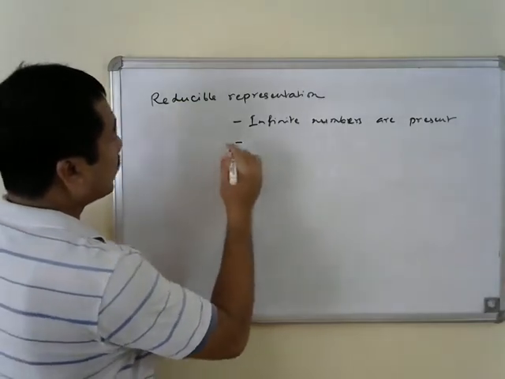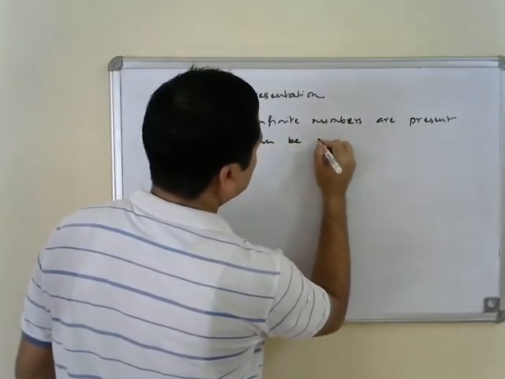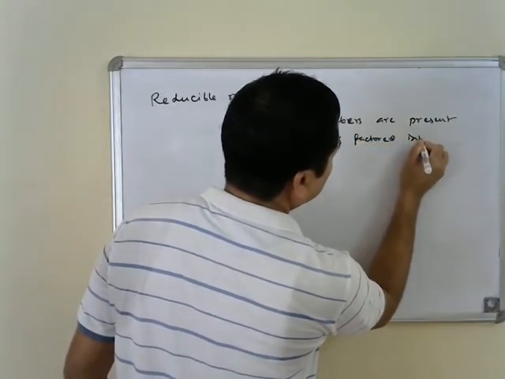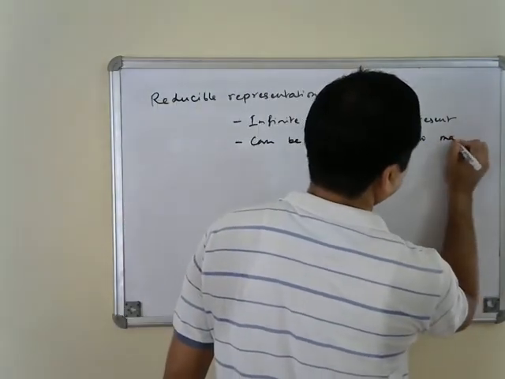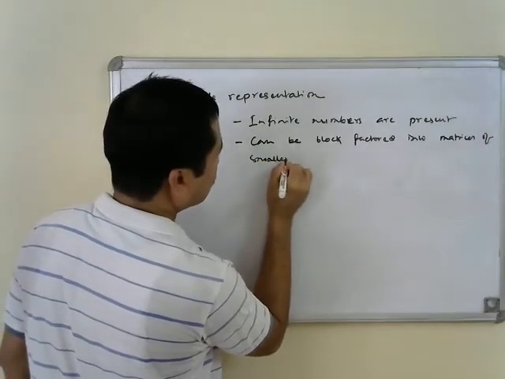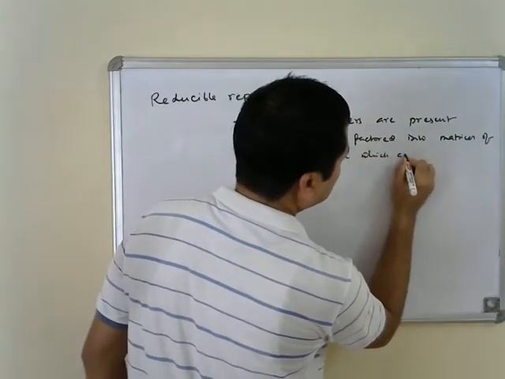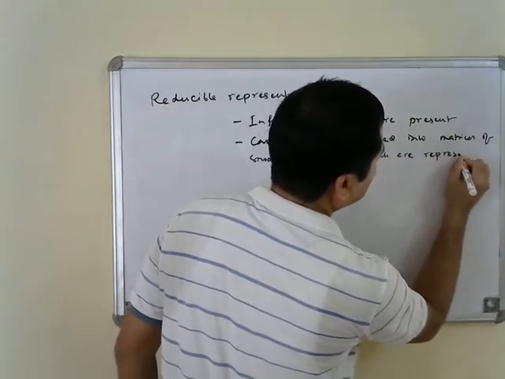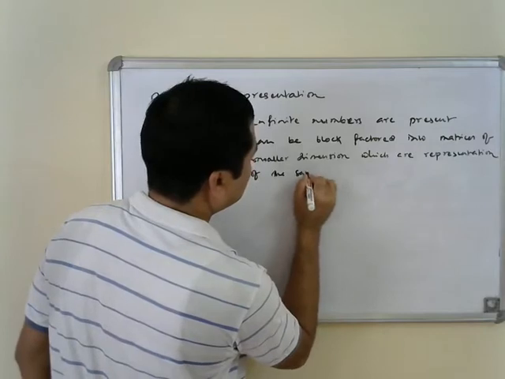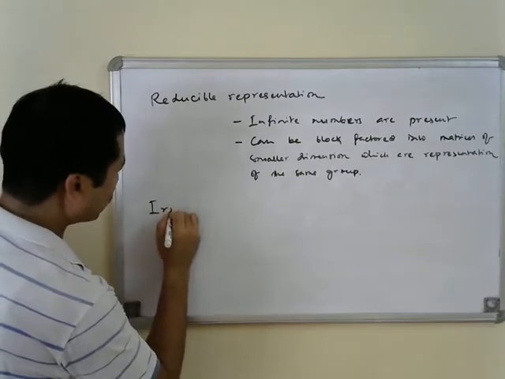And then what we also have is that they can be block factored into matrices which are representation of the same group essentially. But irreducible representation, on the contrary,